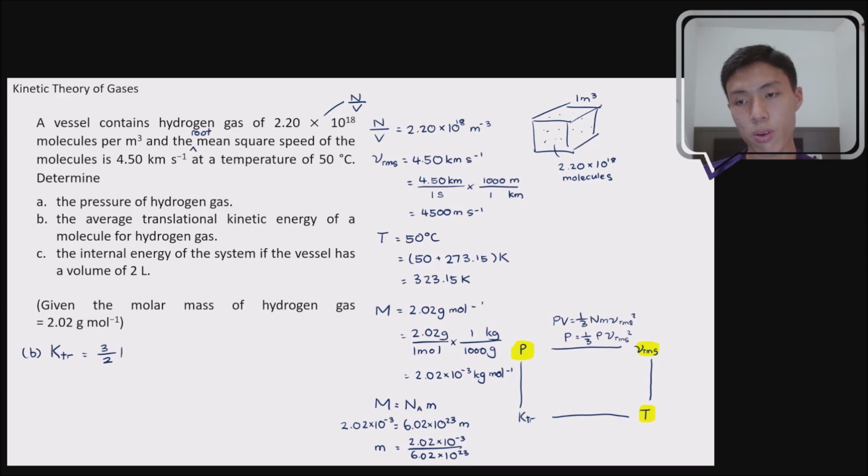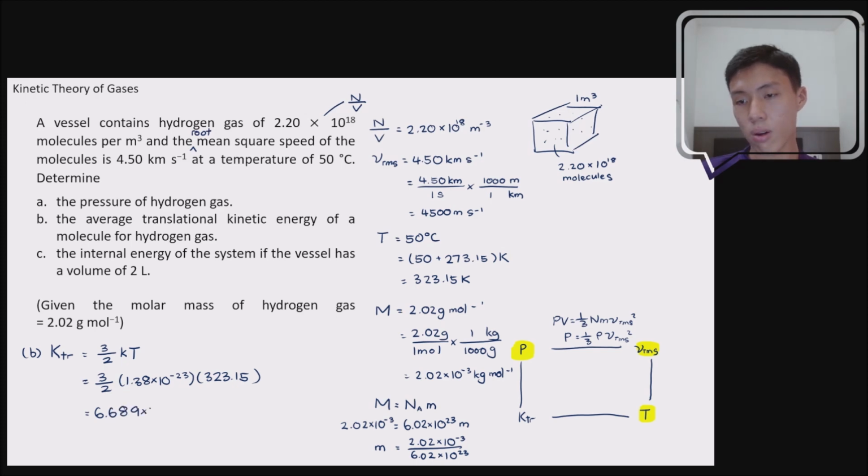For each degree of freedom, you have half kT of energy, based on the principle of equipartition of energy. So it's 3 over 2 kT. K is 1.38 times 10 to the power negative 23. Then you have your temperature given in the question, which we already converted into Kelvin. That's 323.15 Kelvin. So from here, you can determine the translational kinetic energy, which will be equal to